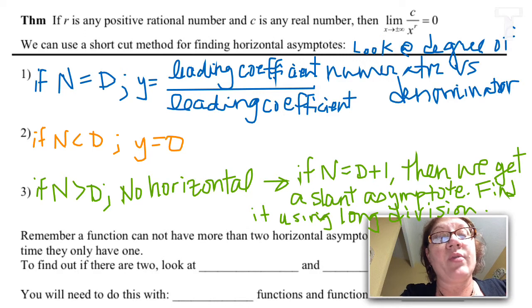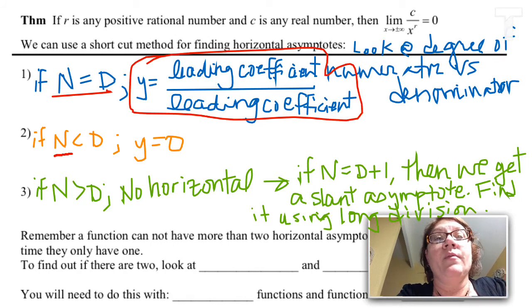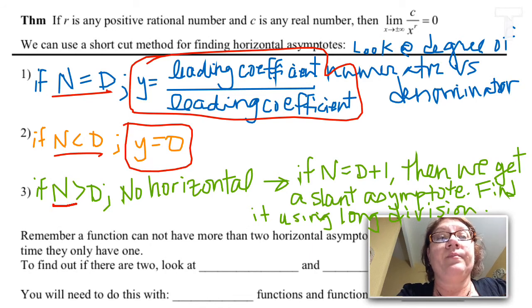Okay, so I have three scenarios. Either they're equal in degree, and if that's true I use the leading coefficient over leading coefficient, or the numerator is smaller, which is always y equals 0, or the numerator is bigger, and therefore I